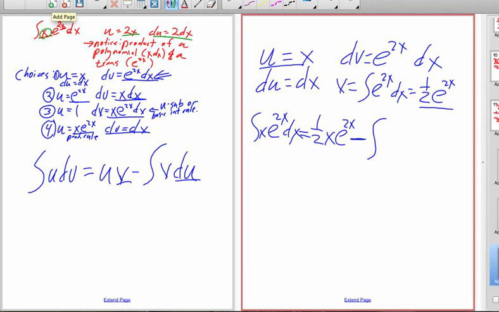So it's v, so I'm going to have a 1/2, bringing that out, e to the 2x, du is dx. Well, hey, howdy. We've already done that. And here it is, again, well, with a 1/2 out in front of it. Whoop-dee-doo. So now we've got 1/2 x e to the 2x